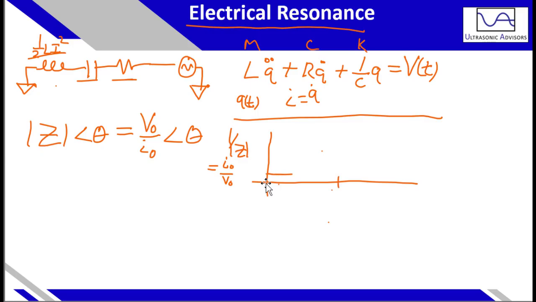So if we have a resonant frequency for a given voltage, we'll have the most output at a resonant frequency, and this would actually be incorrect, because this would be for charge or displacement,